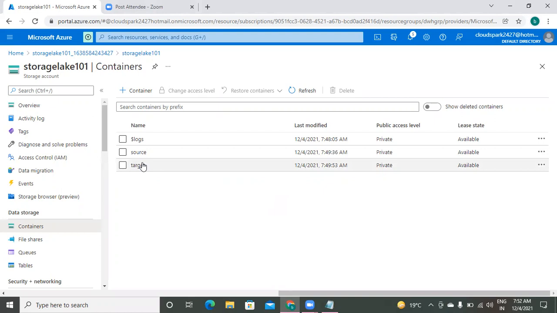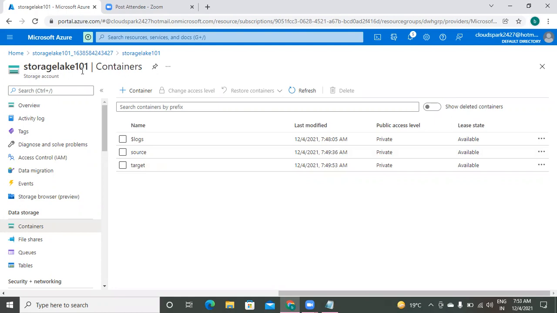Source, target. I have to create one data set for this, one data set for this. But to create a data set, I need a linked service. Observe here: I am not creating a linked service for the data sets or the files. I am creating a linked service for the storage account. What is my storage account?